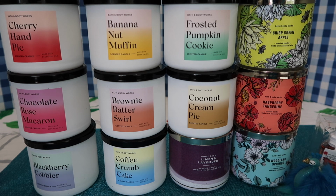Like, when I first saw the lid of some of these, I just took that very quick first impression. I was like, were these worth it? Were these worth all the hype? I definitely would not pay $40 to $60 for any of these candles. Okay, so even as myself, being a very die-hard Bath and Body Works candle fanatic, I would still not pay that much